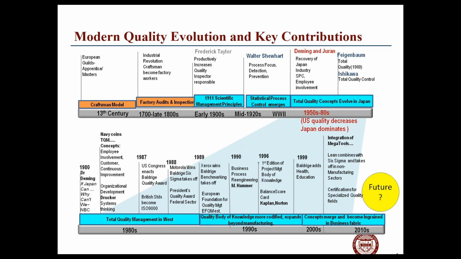Here on this chart is an evolutionary one. It's kind of the lineage of that. As I mentioned, the body of knowledge, and really when we start talking about Frederick Taylor, that's when we start to say the modern quality concepts. A lot of the things you are going to be covering in this body of knowledge, this degree program, will be from the folks on this list, and from the programs and approaches involved from that. And you'll be applying some of the tools that came out of this. So let's just talk about that for a moment.